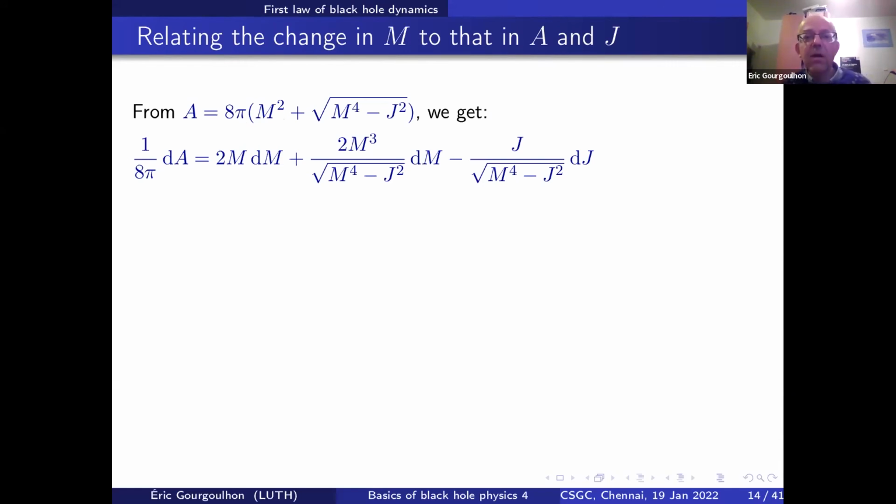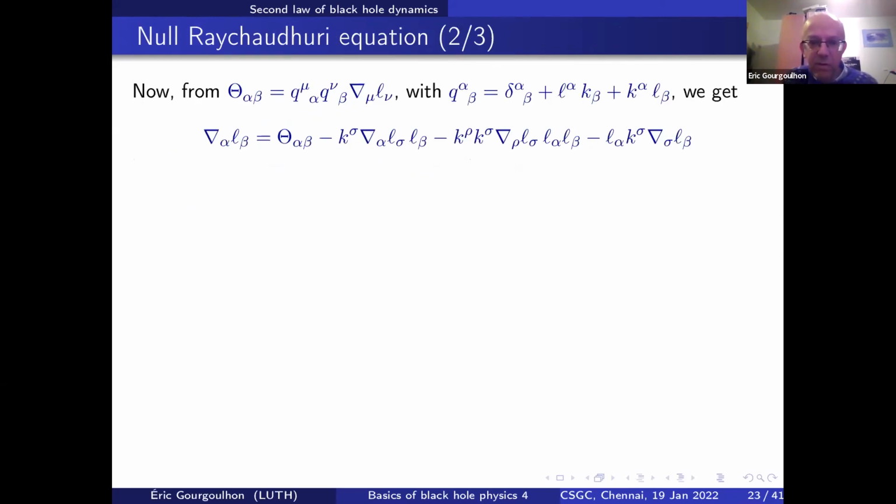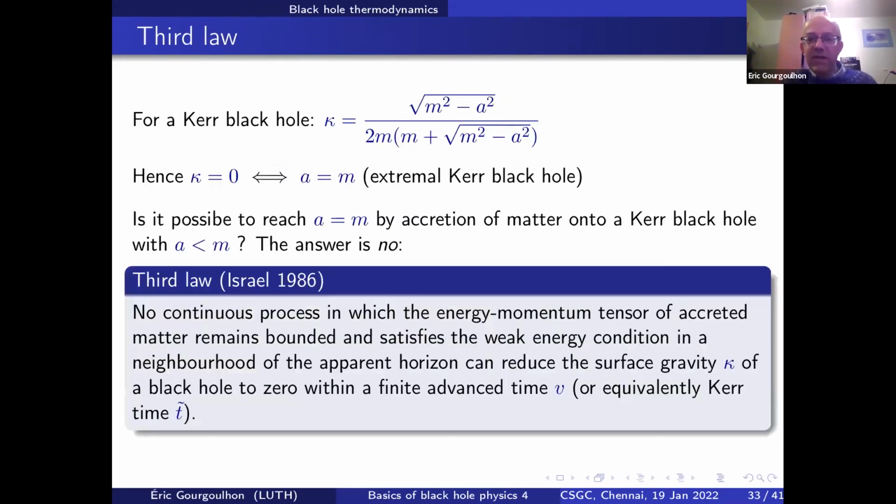Here we're using the other version of the third law, namely that it's not possible by any reasonable physical process to reach 0 temperature starting from a non-zero one. So we have this third law. Well, the third law we didn't establish, we relied on this theorem proved by Israel.